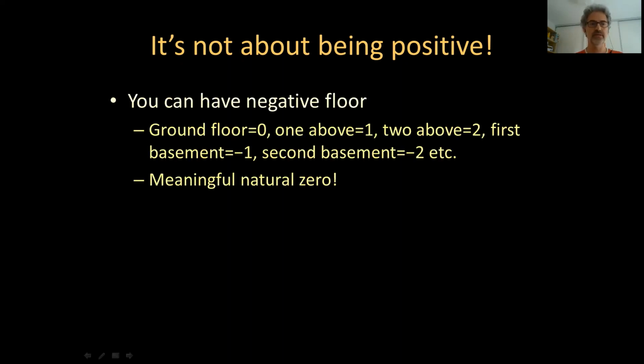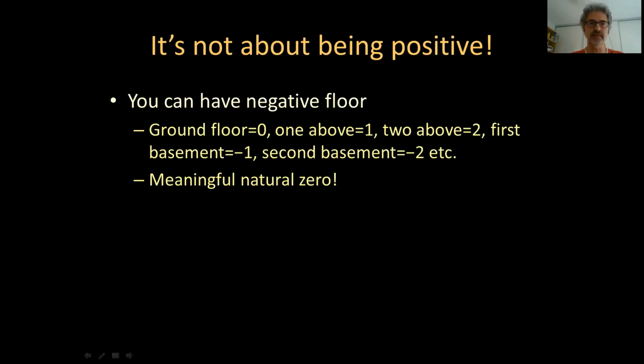And it doesn't have anything to do with having or not having negative values, because in the previous examples that I used, height and rainfall can only go up, but temperature and birth year can go below zero. But that's not what's important. So you can have, for example, negative floor. If you have a variable of floor, like what floor is your office on? In a system where you code ground floor with 0, one floor above ground is 1, 2 above is 2, and first basement being -1, second basement being -2, and so on, which is used in most of Europe,